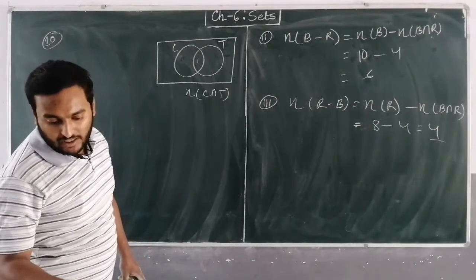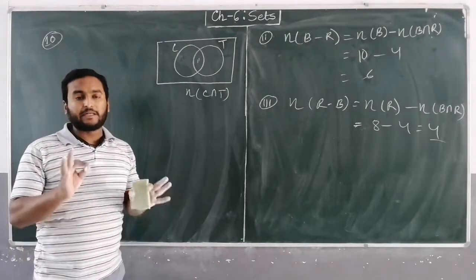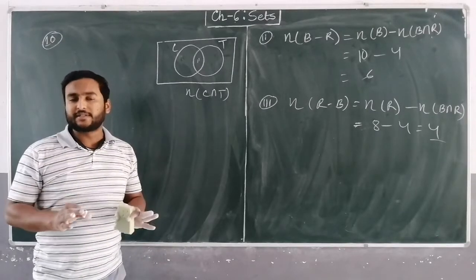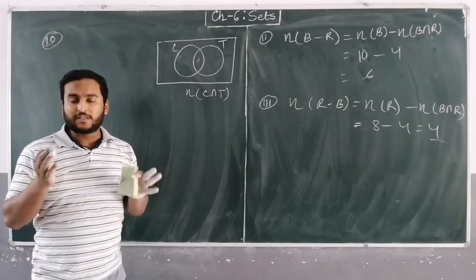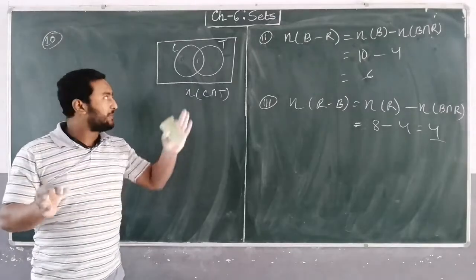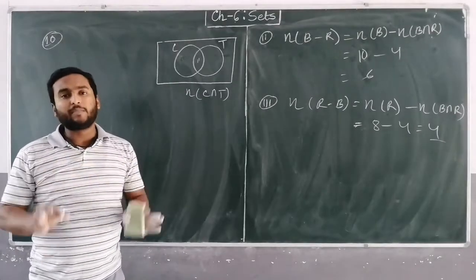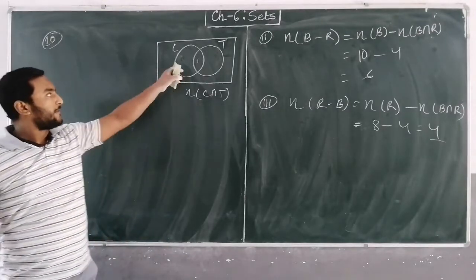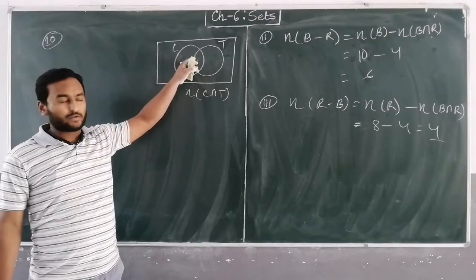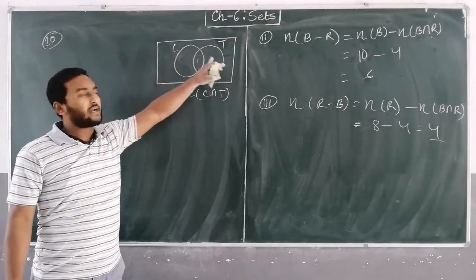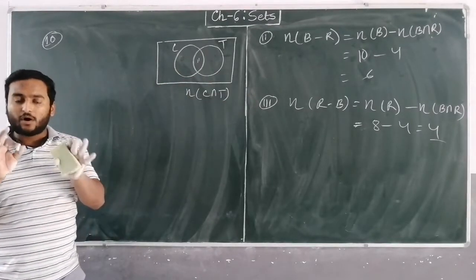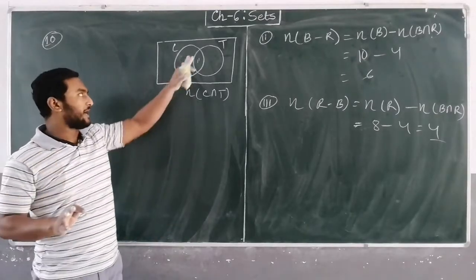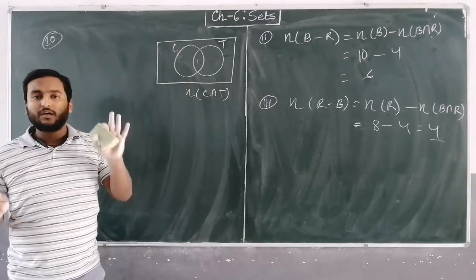So at first see what is given. In a group of 70 people, total 70 people are there, and it is told that each person likes something, maybe coffee, maybe tea, or maybe both. No person is there who is not taking anything except coffee and tea. So all 70 people are taking either tea, coffee, or both.